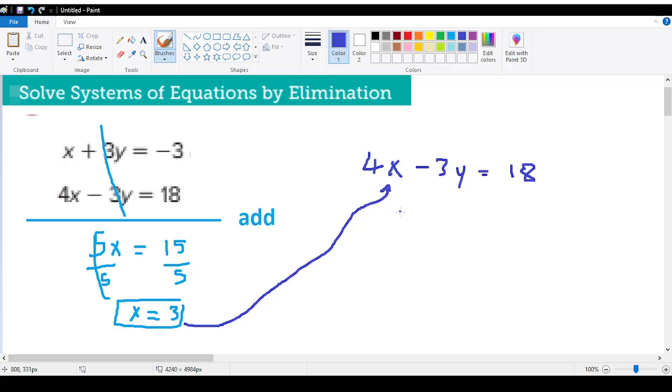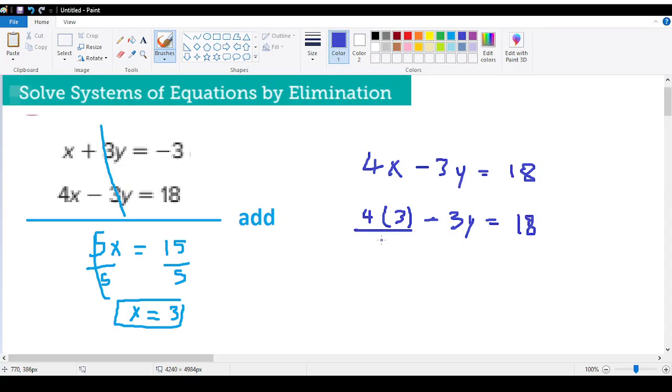We will replace it with how much? 3. Okay, so 4 times 3. See what I've done? I put it in brackets. Minus 3y equals 18. Now we multiply these two numbers. 4 times 3 how much? 12. So 12 minus 3y